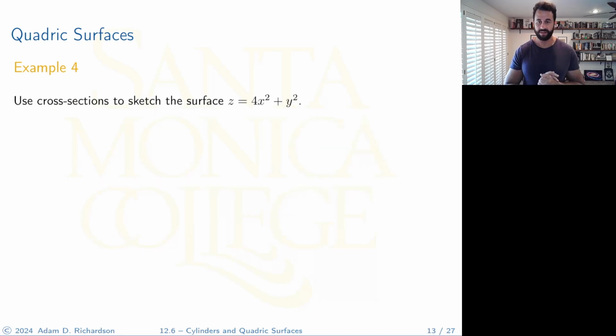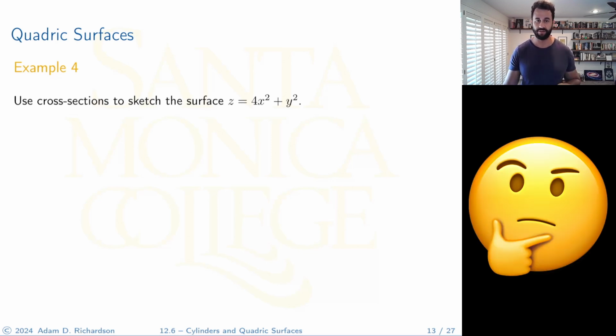All right, try this one. So here's another one that I want you to kind of try on your own. And now that we've played around with these cross sections, do this one on your own and we'll do it together in a second here. So think about what you would do first,